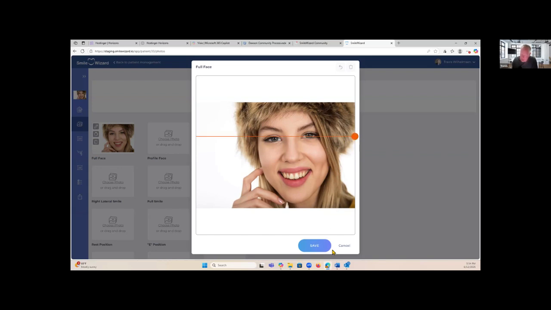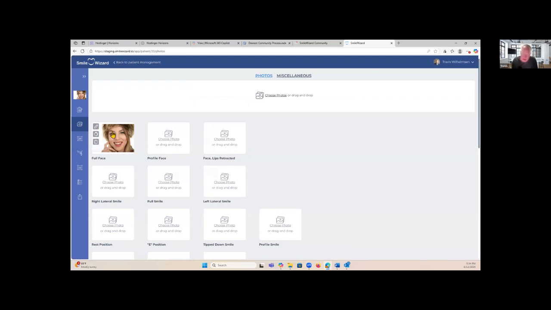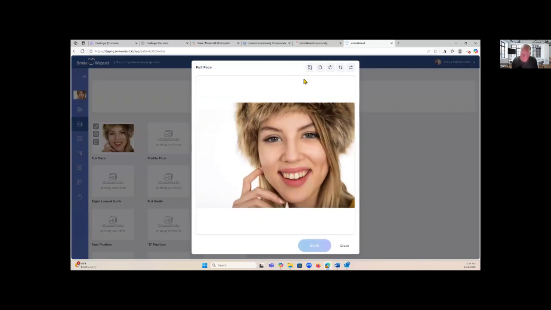This tool here is actually going to show up on this button. This is the rotate button, but it's not there yet. So if I click this button now, I have expanded functionality. What I would normally do is bring that tool down and look at the eyes and see how close they